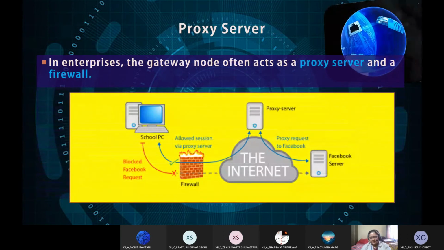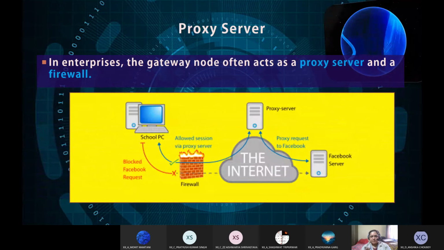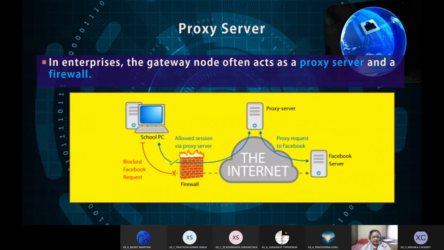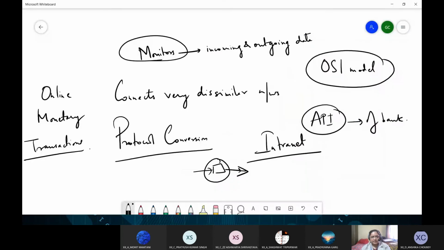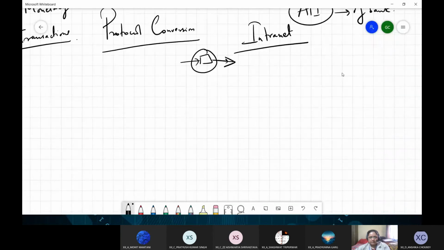Next is the proxy server. Now what is a proxy server? Sometimes what happens is, when I want to block certain things, if I want to block certain things, like before